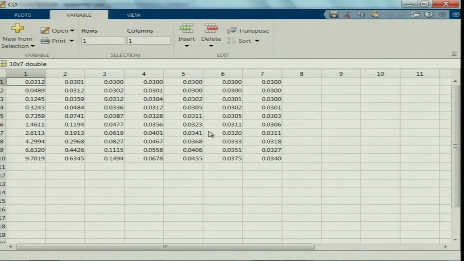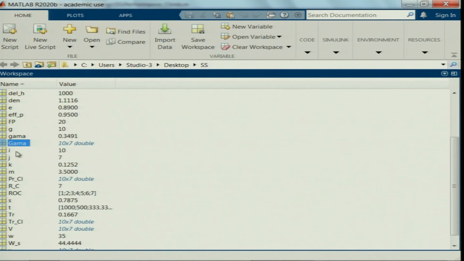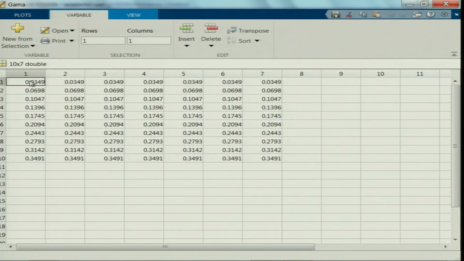So, for example, now you can see the first column corresponds to when rate of climb is 1, the second column is 2, the third column corresponds to rate of climb 3, the fourth column corresponds to rate of climb 4, when the rate of climb is 4 meters per second. So, first let us look at gamma here. Gamma will be the same for all the columns, because we are effectively fixing this variation through the for loop syntax that we have assigned. We have already fixed the initial and the final value as well as the step size. This is in radians.